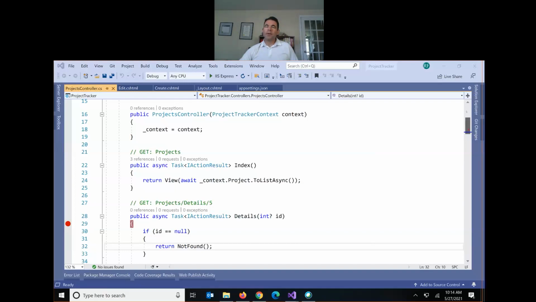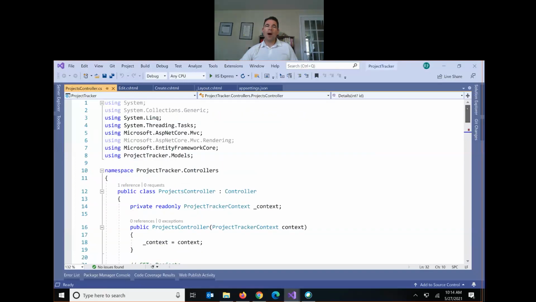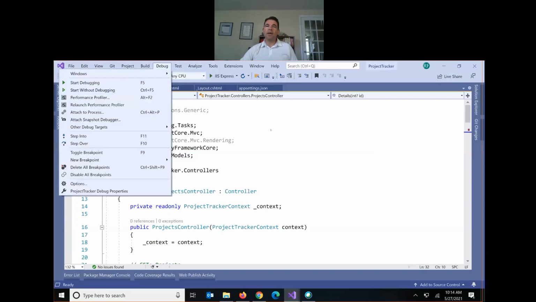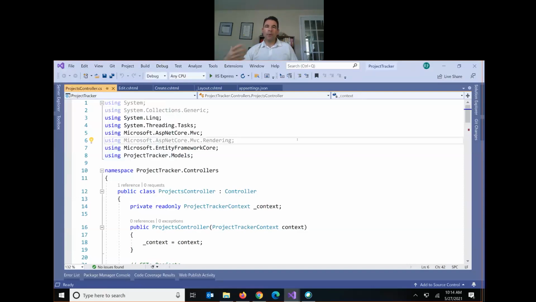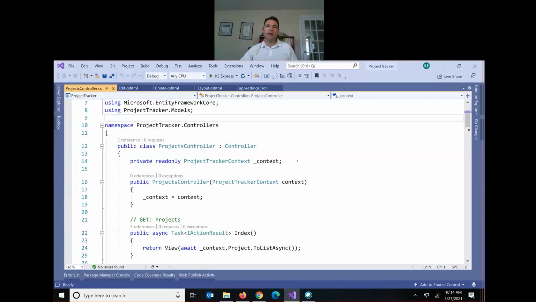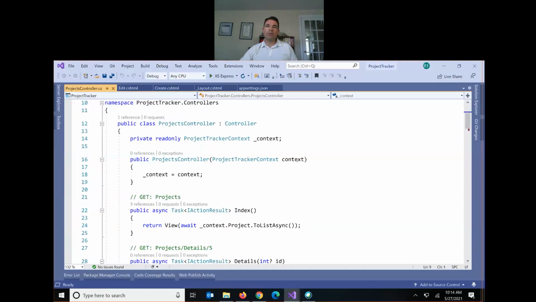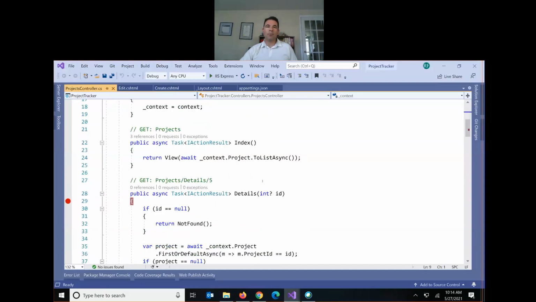There was a question at the end of hour 1 about why we would ever use the debugger. We talked about using start without debugging so we can make changes. Our code editor is not locked and we don't have to constantly stop and restart. The time we'd click start debugging instead is probably only about 1% of the time, when we want to put a breakpoint in our code and step through it